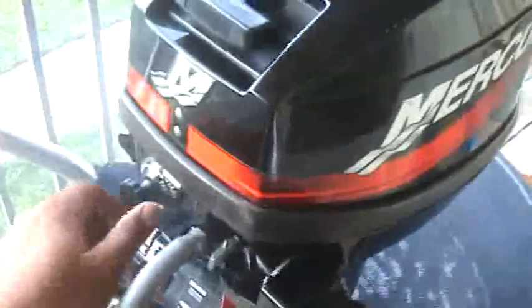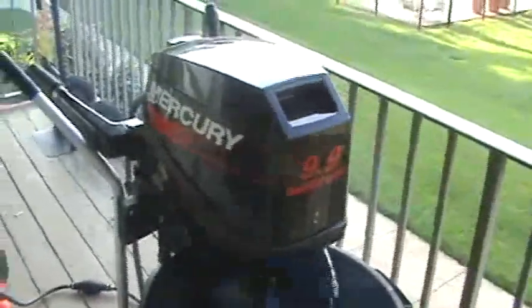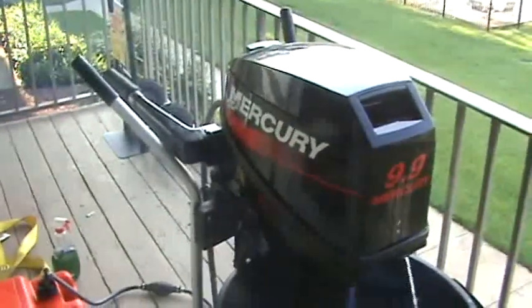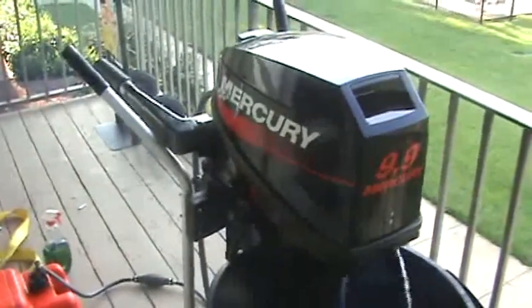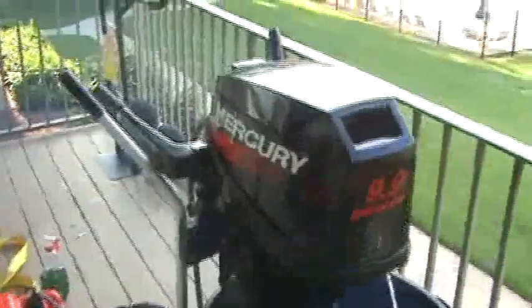So now I'm going to turn the idle down, just turning the knob to the left, and it's idling slow now and it's running really rough. So let me back up here, maybe you can see it shaking. Actually, it's not doing it too bad right now. It was doing a lot worse last night. Let me see if I can...